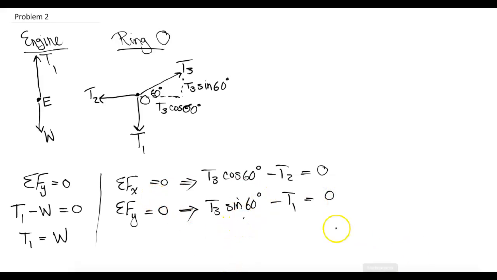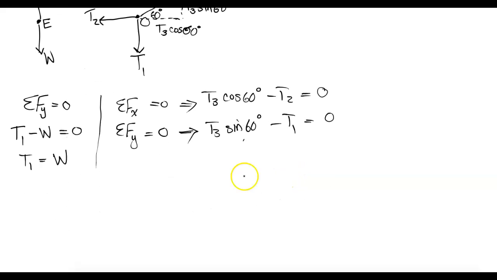And now we have a set of equations. We know that from this equation, if I call this equation 1, equation 2, equation 3, so equation 3, we can say that T3 equals T1